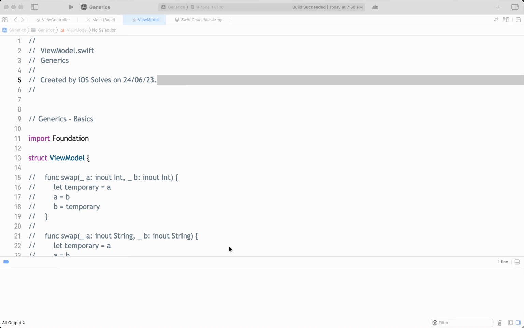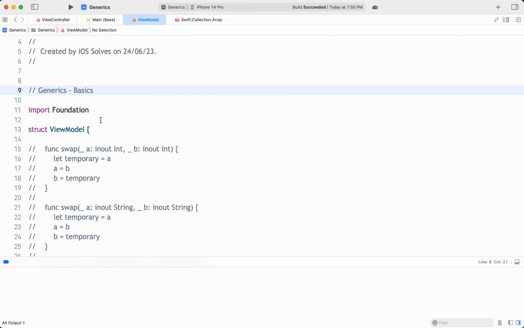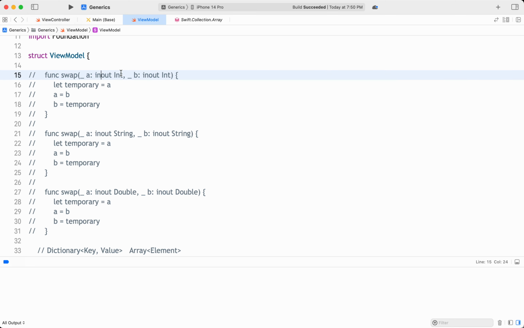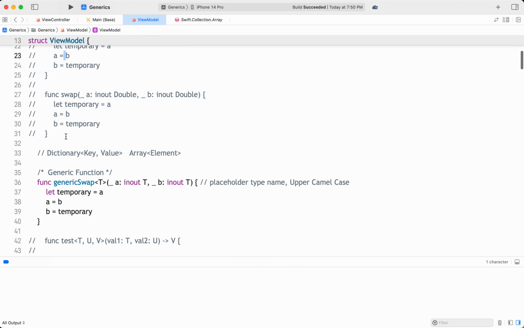Hello everyone. In our last tutorial we discussed the basics of generics in the Swift programming language: what the use cases of generics are and what their advantages are. For example, if you have functions where only the data type needs to change, like a swap method for integers, strings, and all the primitive data types, instead of writing separate functions for each primitive data type, we can write a generic function using